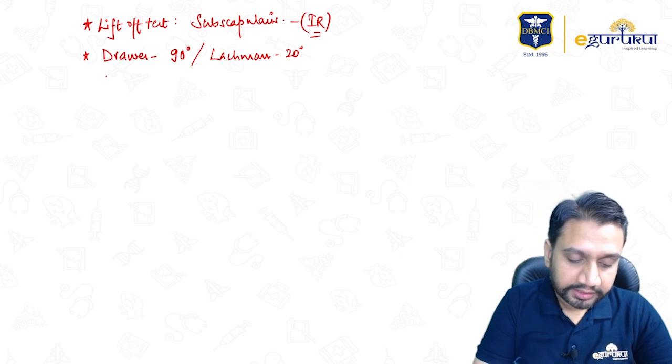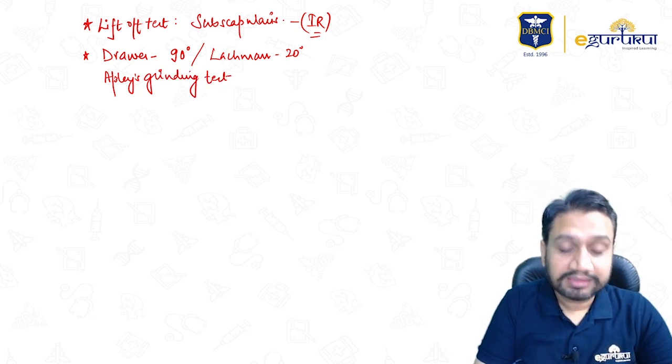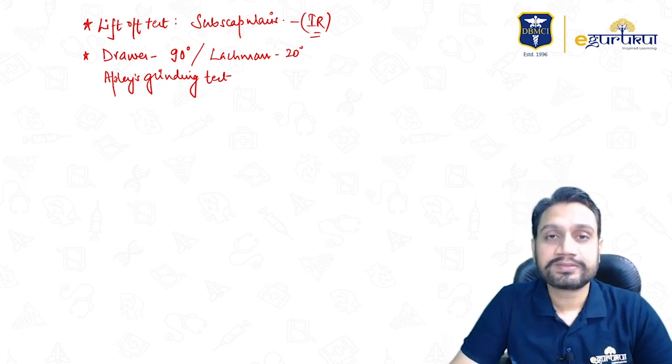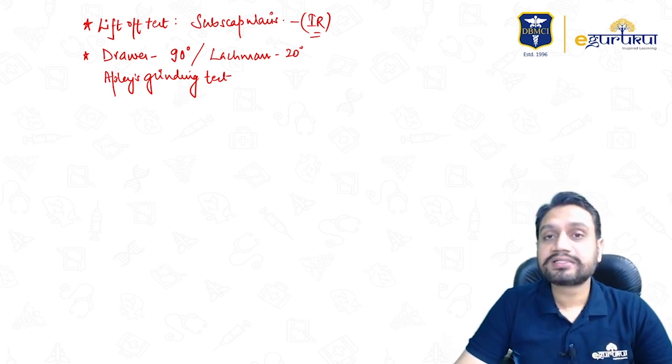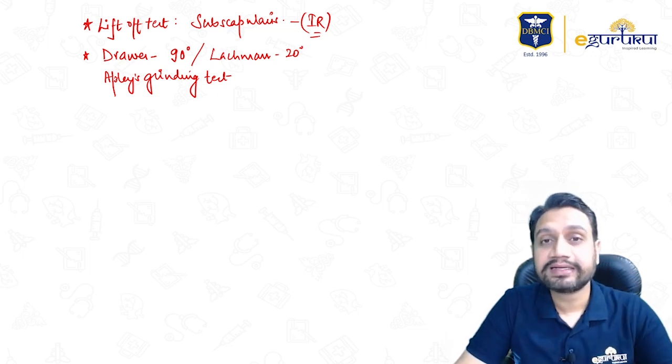I want you to remember Apley's grinding test, which might be given to you, because Apley's grinding we might not practically be doing. But the McMurray's test basically cannot be shown to you by means of images. It can only be shown to you by means of video, right? So these are all the tests: upper limb, thoracic outlet syndrome, Thompson test, the knee tests. These are what I want you to remember.